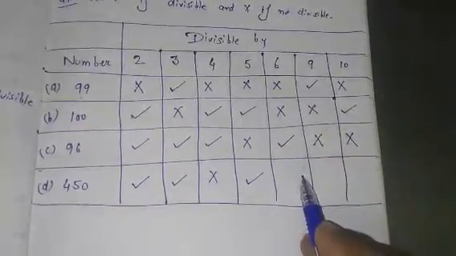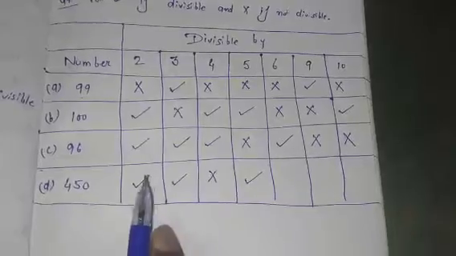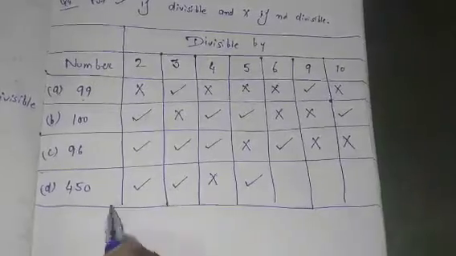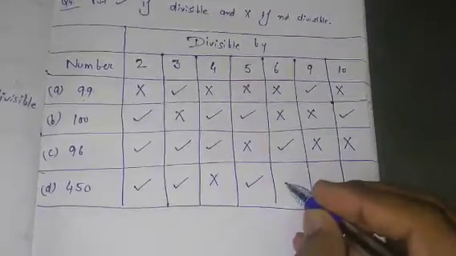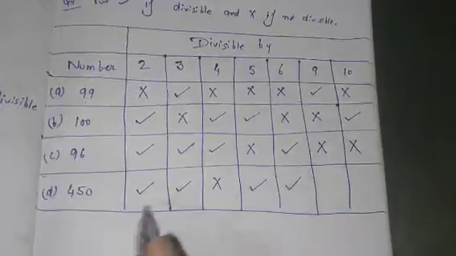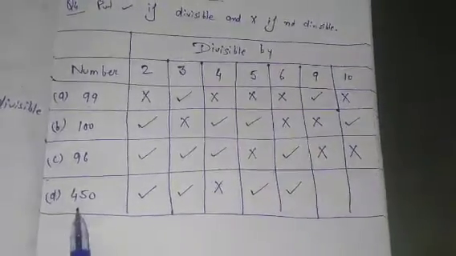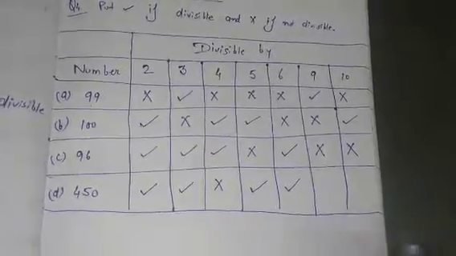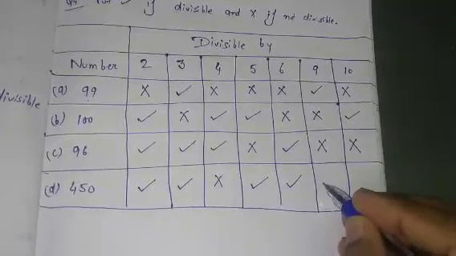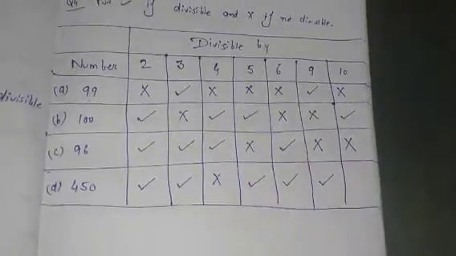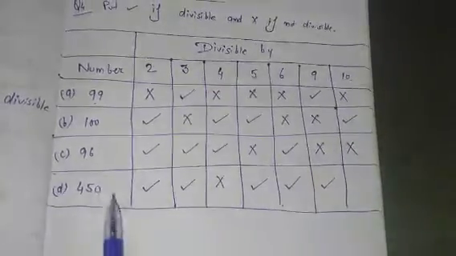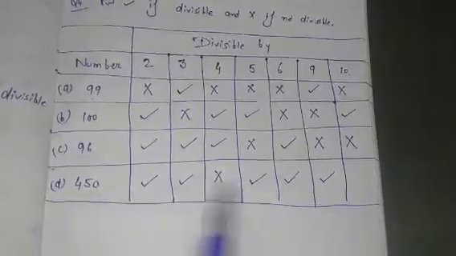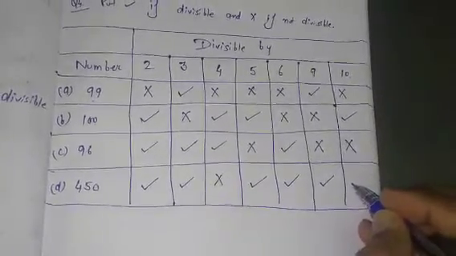And you know the rule regarding 6. If any number is divisible by both 2 and 3, then that number will also be divisible by 6. So here 450 is divisible by both 2 and 3, so that number is also divisible by 6. Okay students, next number is 9. So 9, you know, the sum is 4 plus 5 plus 0 is equal to 9, and 9 is also divisible by 9, so it means that number is also divisible by 9. After that, the next is 10. 450 will be divisible by 10 in an easy way because the ones digit is 0, so it means 450 is also divisible by 10.